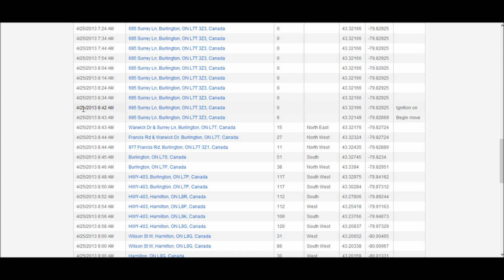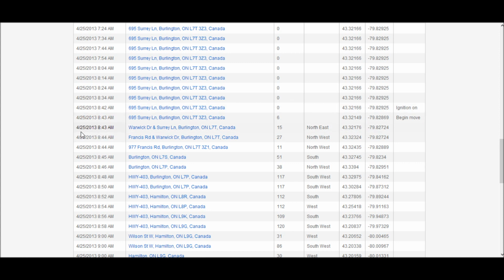So the history report is the unmanipulated data that we send from the modem. And what I mean by that is other reports, like the stop report, we have to do a little bit of math in the background to present the data in the way that makes sense for a stop report. This history report is raw data. Basically, every GPS report that the device sends us is presented here, untouched, presenting the data that the modem could